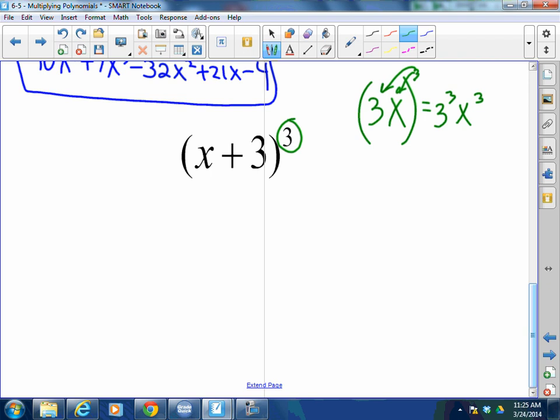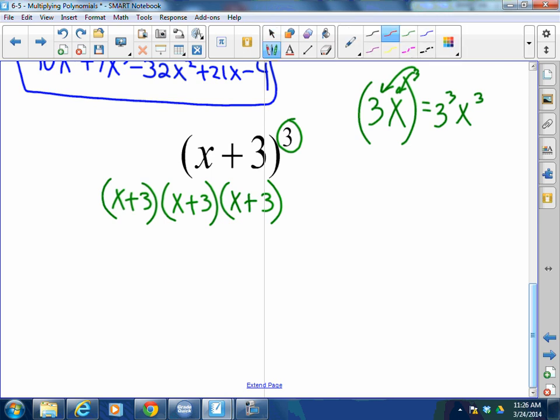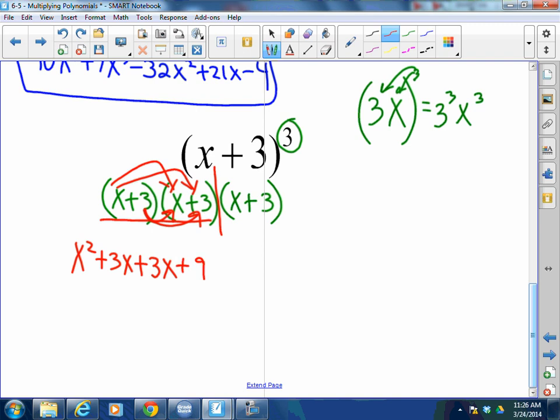So x plus 3 cubed is really going to be x plus 3 times x plus 3 times x plus 3. No, it would not be 27x. Please let me teach it. What's going to happen here is I already taught you how to do binomials. How could it be 27x? That makes no sense. What you're going to do first is multiply these two. What's x times x? X squared. X times 3, 3 times x, 3x. And 3 times 3, 9. So now I have x squared plus 6x plus 9